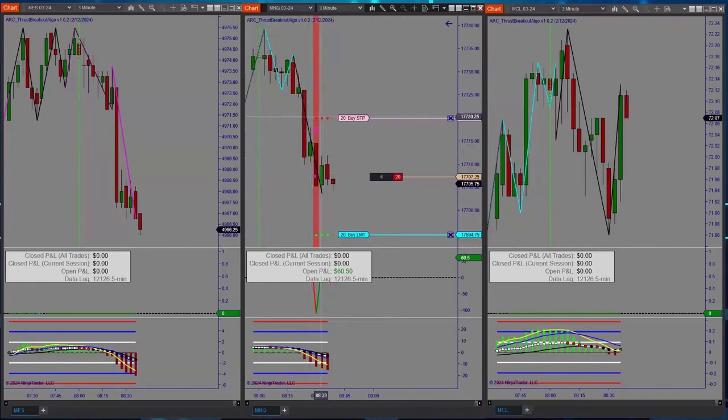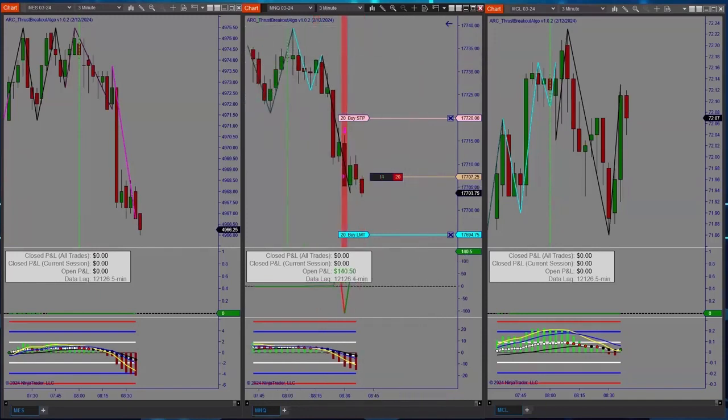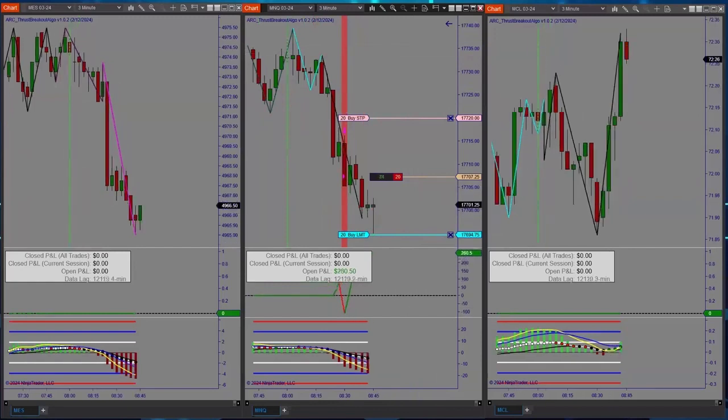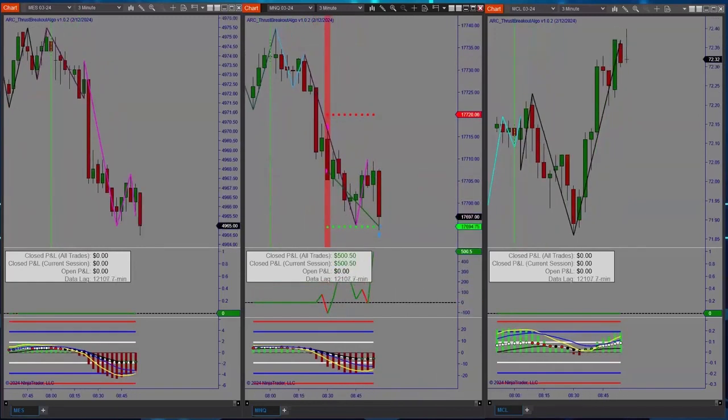And the beauty of it is you can set how far beyond this zone you want your stop to go. Now I believe I've got it set to 25% beyond this range, and then we can do risk reward multiples on the target. And of course we have auto sizing positions based on your risk preferences. So if you tell the system how much to trade as risk on each trade, it's going to set the number of contracts for you, which is really great. So let's go ahead and see how this trade plays out. Okay, so we hit profit on that first trade. Let's see if we can catch some more trades.